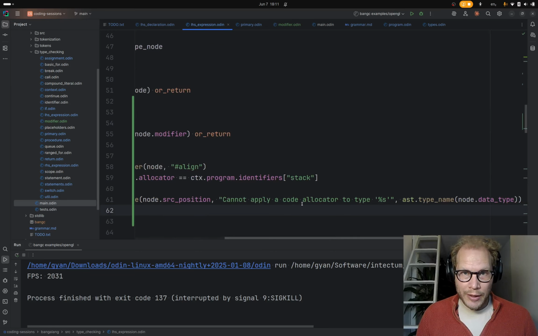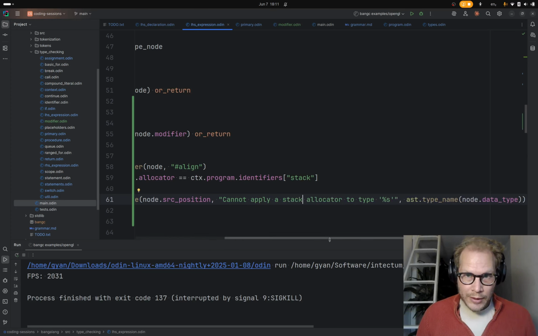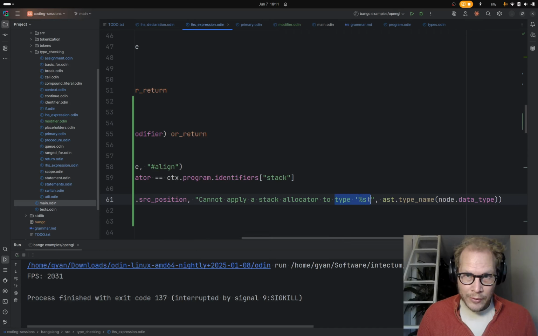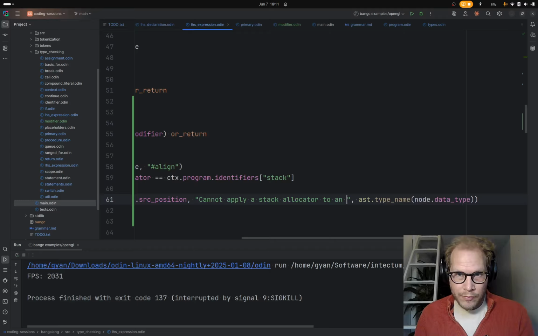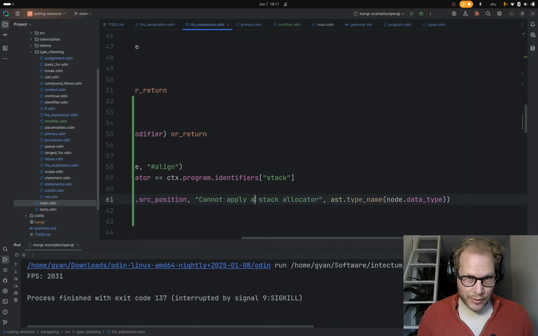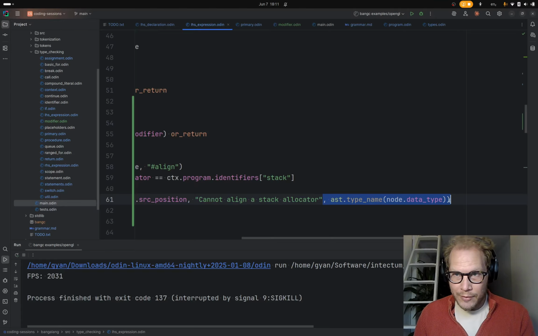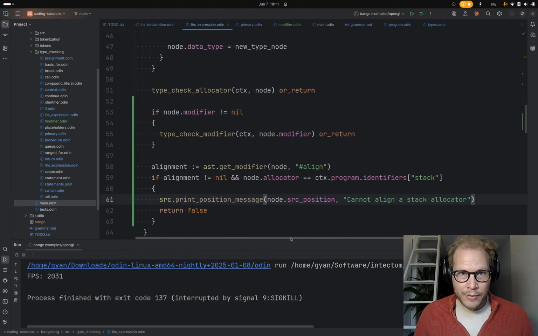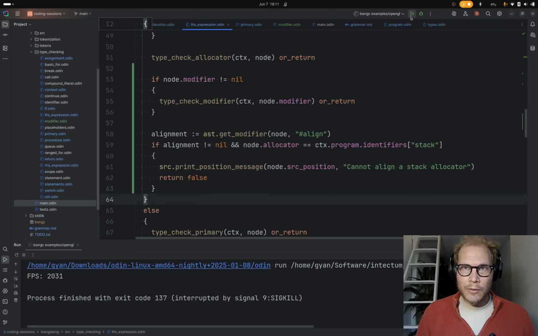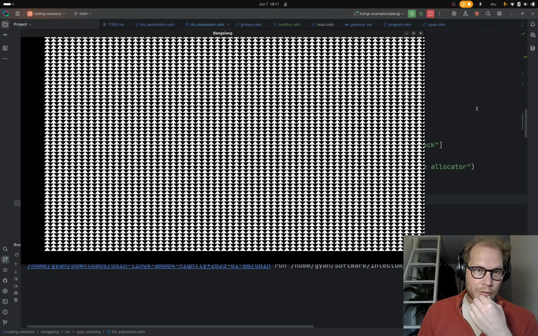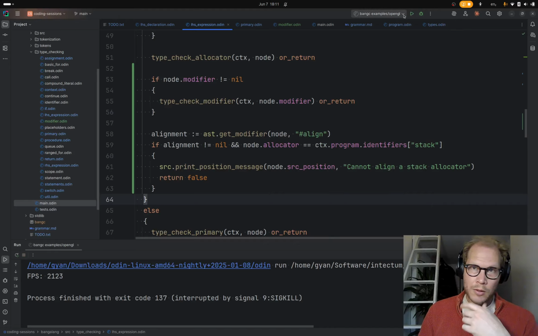Cannot apply a stack allocator to, or maybe it's just cannot align a stack allocator. That's fine. That's good enough. Okay. Let's run this. We're happy.